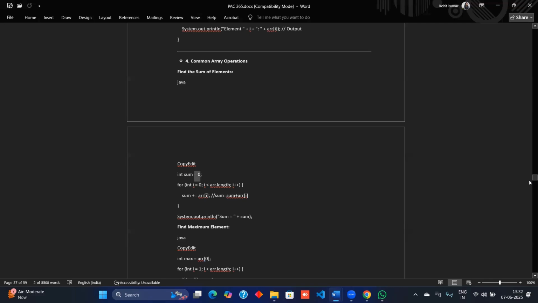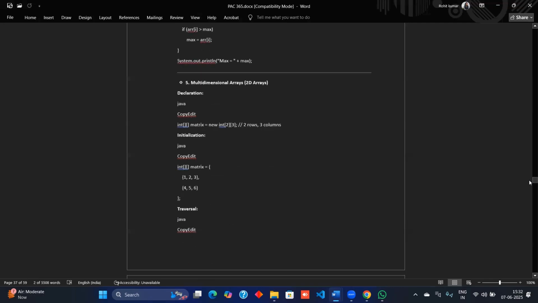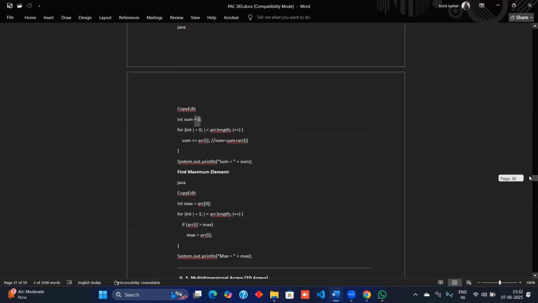Now coming on to finding the maximum element in that array. We will make the first element the greatest value, and then go through the for loop. Inside the for loop, we will write if arr of i, meaning the first element,